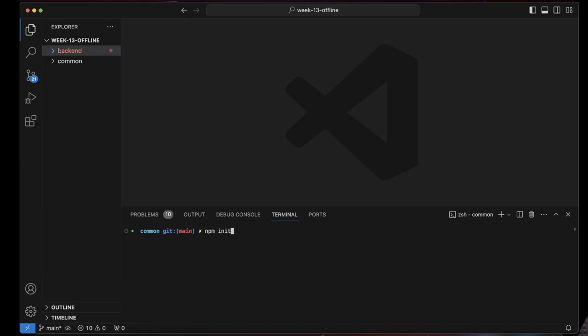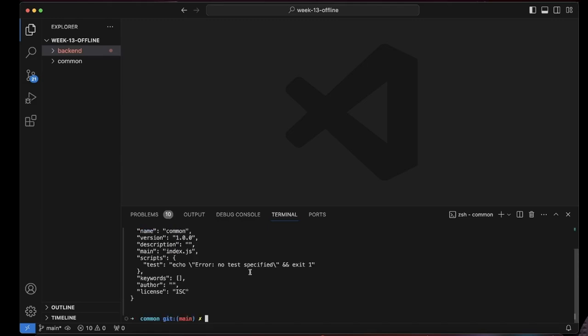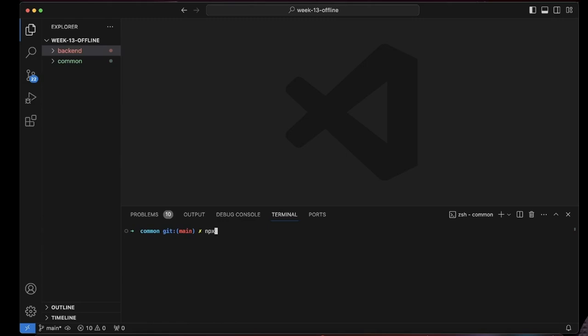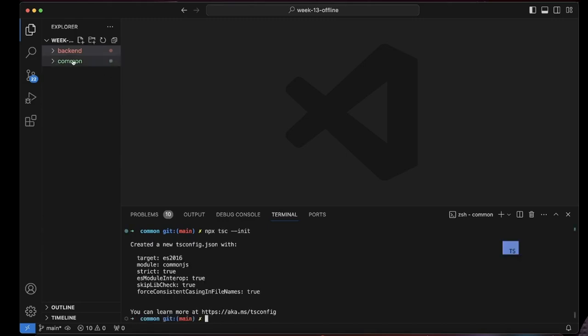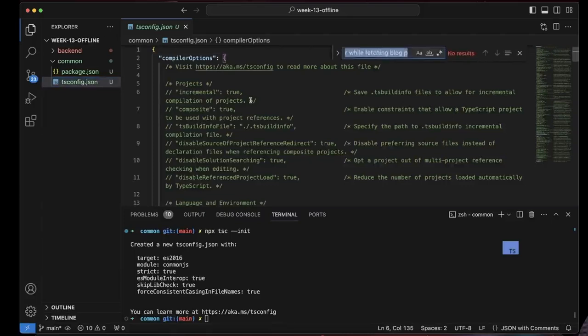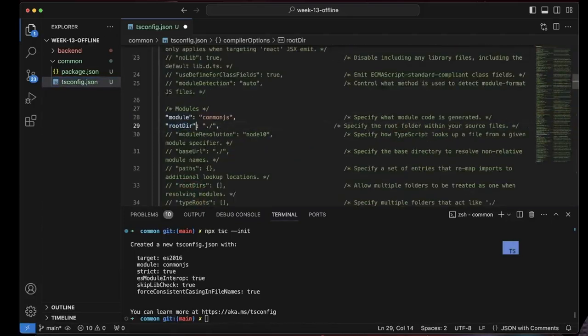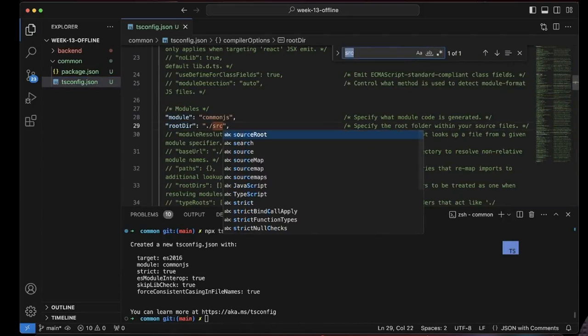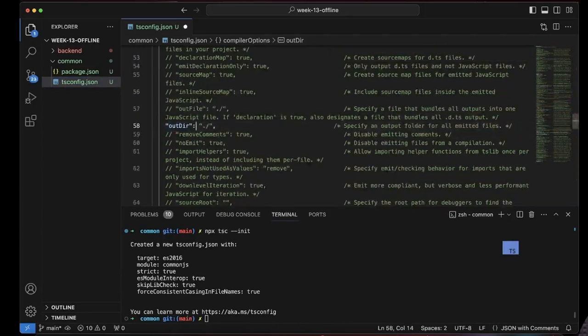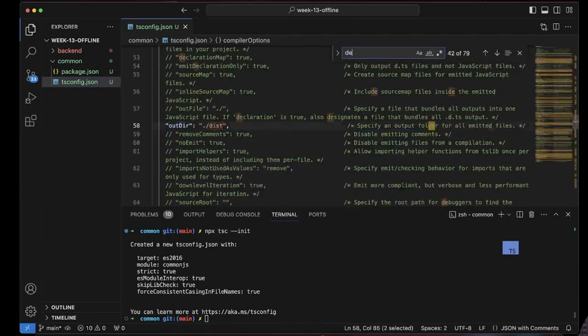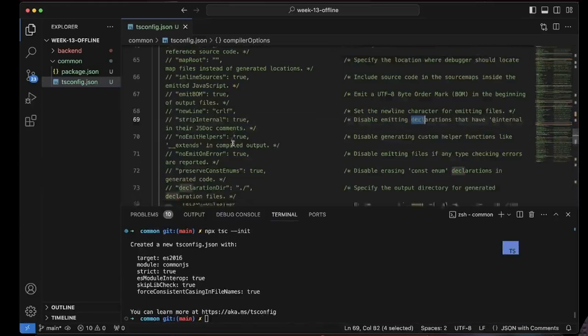Let me first initialize an empty TypeScript project here, npm init -y, npx tsc --init. Go to tsconfig.json, change root dir to /source, change out dir to /dist, change declarations